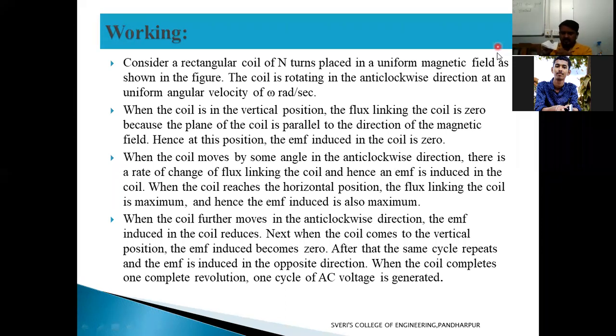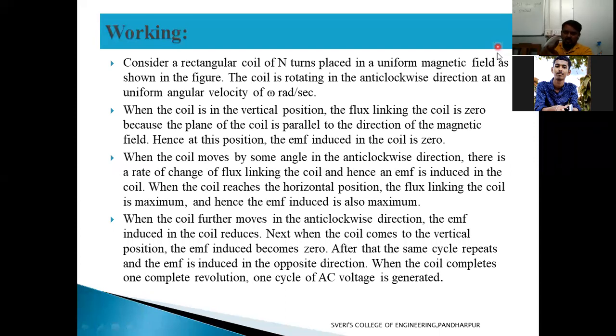Reverse हो जाएगा ना? Yes, sir. So all terminals will reverse, which means what will happen in the negative direction? Again positive will become negative and negative will become positive here. Then it will again start to increase from 0. At 90 degrees, we'll get the maximum negative value of the EMF.